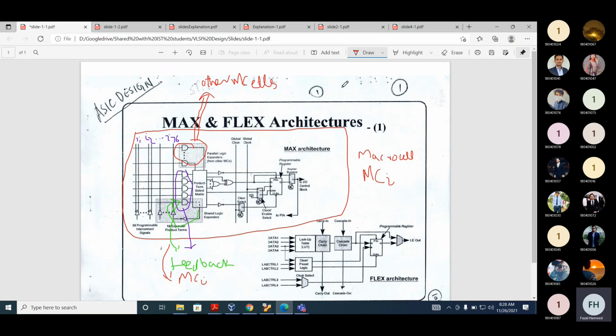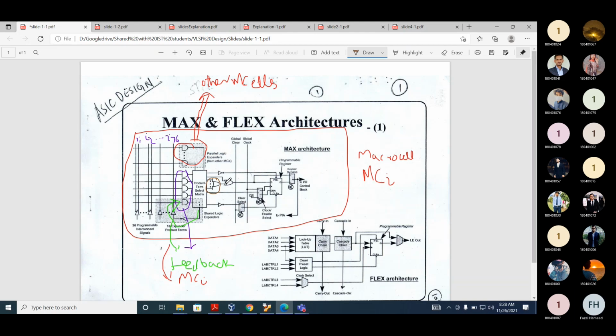Okay, now these are the product term select logic. Are these AND gates programmable AND gates or fixed AND gates? Programmable AND gates. Now if you look at the OR gate here, this OR gate is fixed, and its inputs are from the product term select, and it depends on the switches. Either the switches will be retained or blown, depending on the logic function that needs to be implemented.